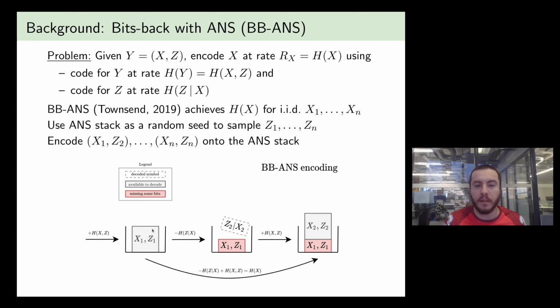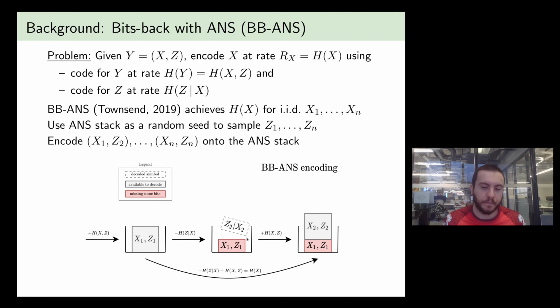You're going to perform a decode operation with the code for Z so that you can obtain some value for Z2. Here we're representing the change in length of the stack. Because we're doing a decode, we're consuming bits, and the bits that are being consumed are the bits that make up Z2.